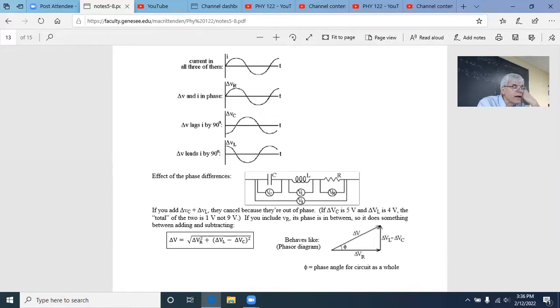Well, then if you add the resistor into the mix, the resistor is not quite in phase or not quite out of phase with either one. It's somewhere in between, which makes things a little more complicated. If you work through the details, what you end up with is that equation near the bottom of your screen,